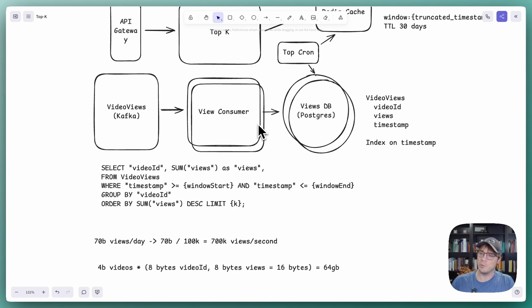And that means that we are definitely going to be late for the next hour calculation. We're going to be 30 minutes late. So the problem with using a Kafka topic with retention in order to catch up after a failure, if we're keeping really big windows like this, is that it takes either too much capacity. We need to multiply the view consumer fleet so it has a lot of wasted resources, or it's too slow